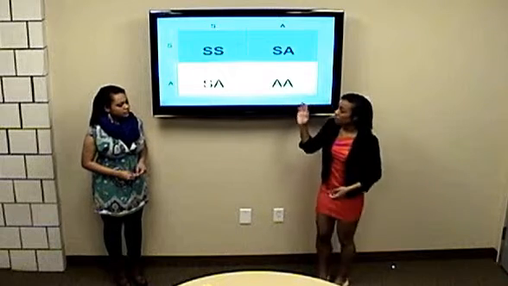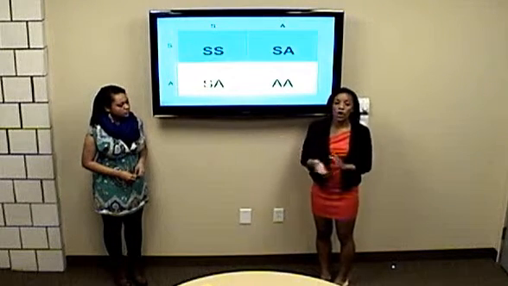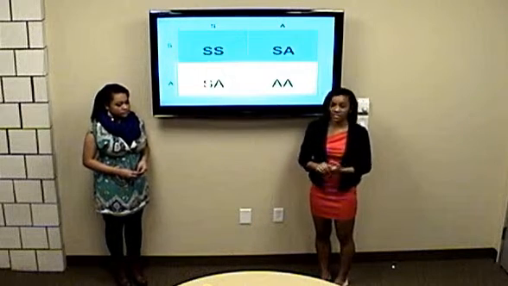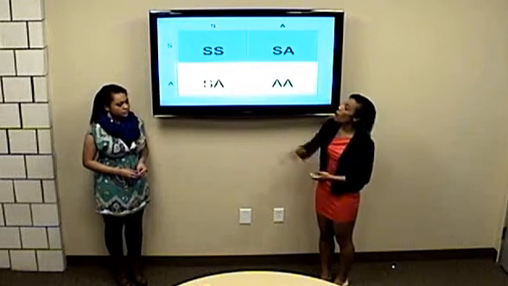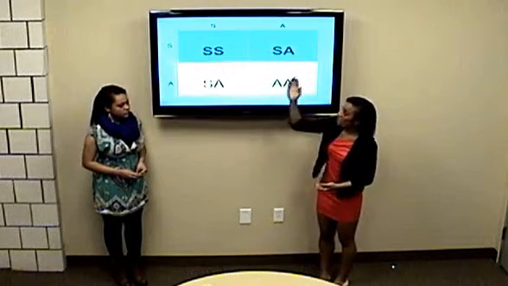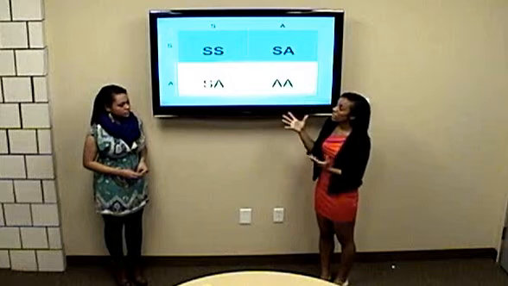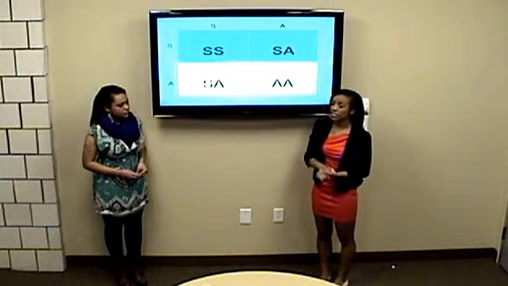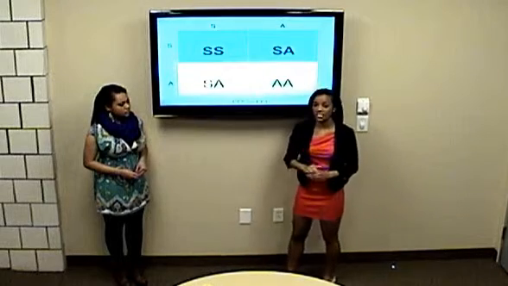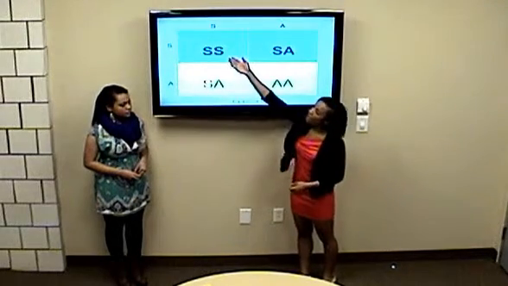As you can see in this Punnett square, we're going to take a scenario where both parents have the sickle cell trait, which doesn't mean they have sickle cell anemia. It just means that they carry the recessive gene along with the normal gene. So both parents have the trait, and the chances of their offspring having sickle cell anemia are seen like this. There's a 1 in 4 chance of their offspring having sickle cell anemia because of the SS,